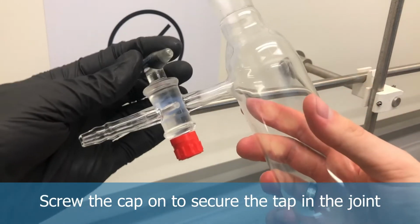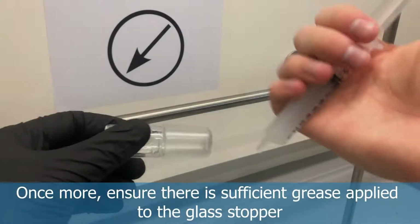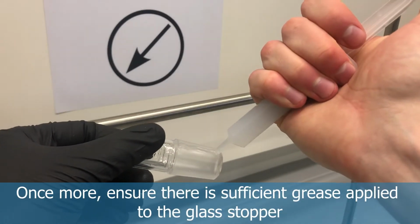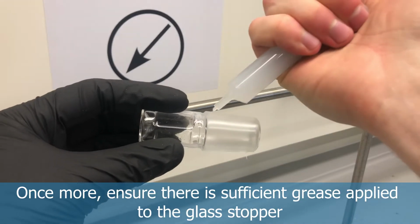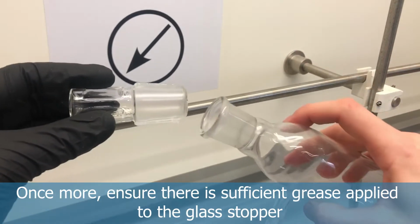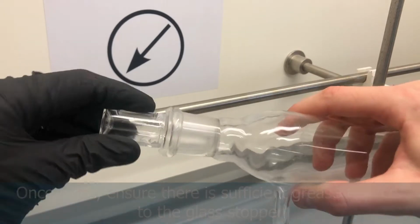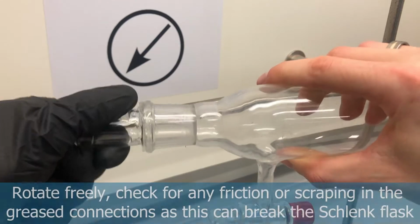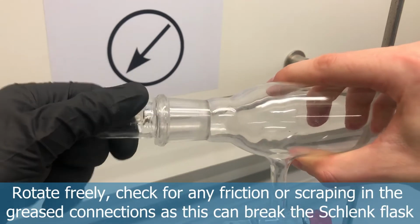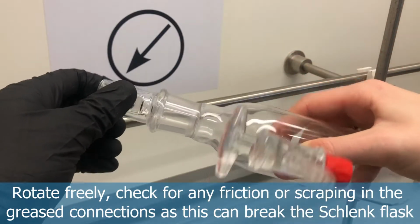Likewise, when we're adding glass stoppers into our Schlenk flask, 2 big lines of grease on there, and we can pop that in, rotate it around once more, making sure the grease goes translucent and is spread evenly. With this, obviously, we're going to be taking this off and on throughout the course of the reaction. We may have scraped out material or got some caught in the neck during these processes, so we need to make sure that that is clear of any solid material in the neck there when we're adding a glass stopper,